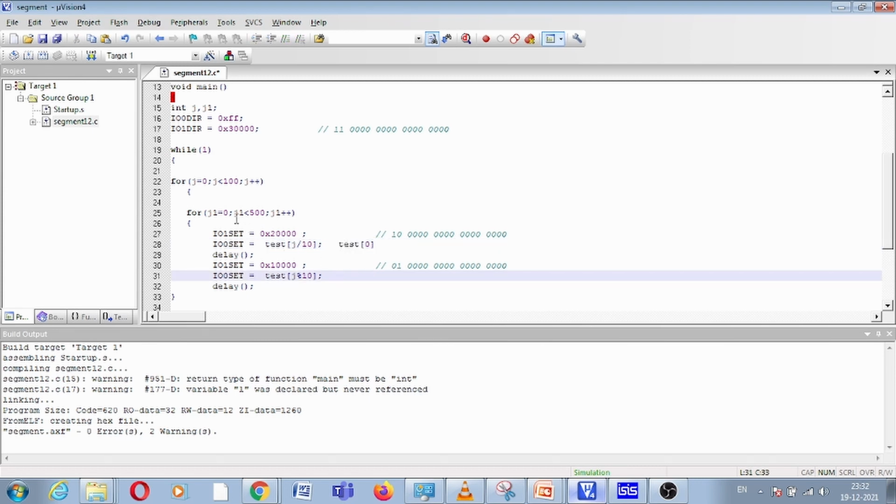When it reaches 10, so let us check for j is equal to 10. So when j is equal to 10, 10 divided by 10, now this value will become 1, and again this will count from 0 to 9. Again when j becomes 20, this value will become 2, and this will count from 0 to 9 again. So this is how we will get the counter, right? So now let us